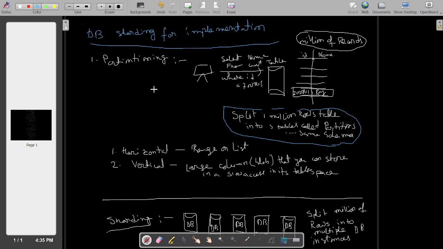there is a client, or servers, or end users, whatever. It is reaching the DB, and suppose it is asking for select name from the customer table where ID is suppose 70001. It is looking through millions of records, searching the DB tables, and finding that for 70001 the name is Roy.